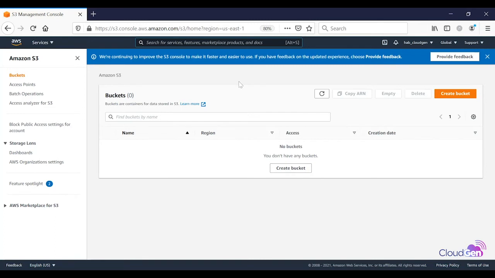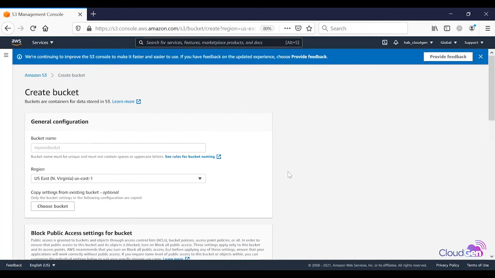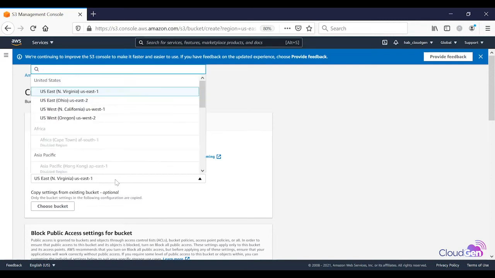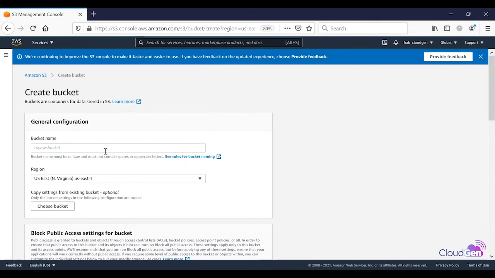Before I configure it, I would like to inform you that this storage is basically region specific, right? So if I create it in North Virginia, US East 1, I cannot see it in the Ohio region, right? So this is a very important thing to understand. So I keep the name my,